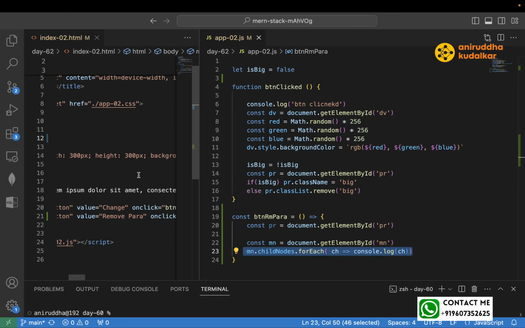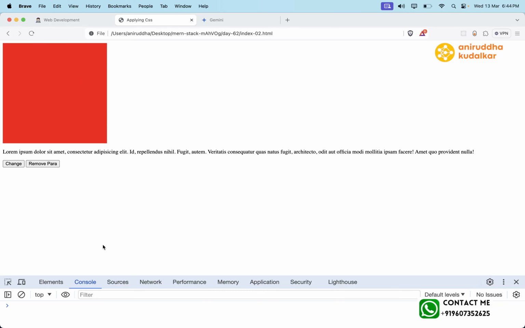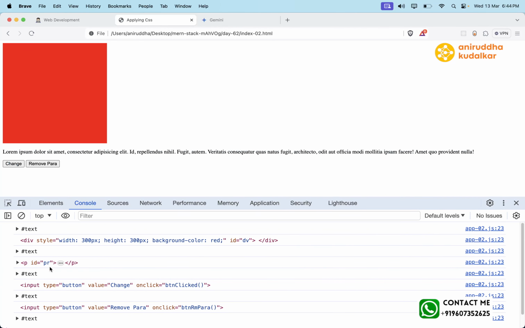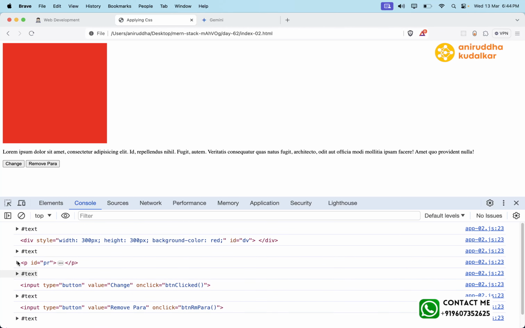And here btn para is there. Refresh it, go here, and can you see all the child nodes you will get? Text, text, text. This, can you see? All the things, all the child nodes, whatever is there in mn, everything you will get over here,